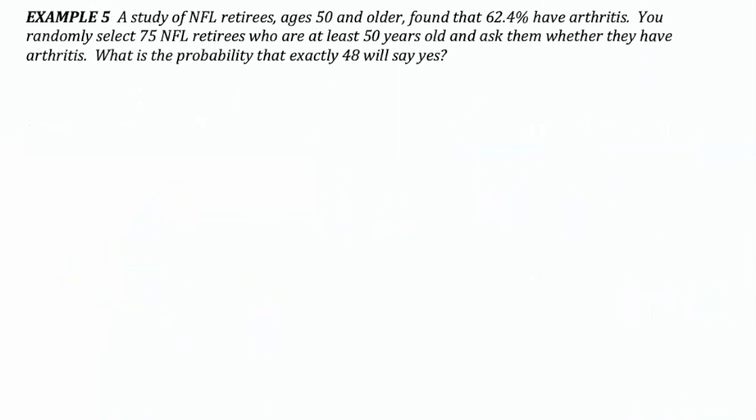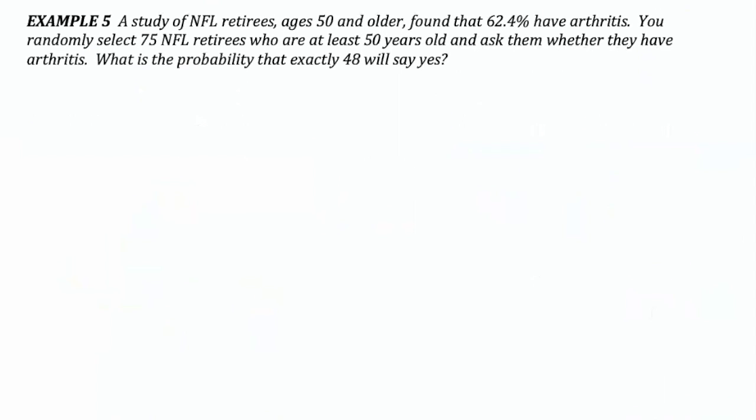All right, now I'm going to go through one more example, but a little bit more quickly here. We have a study of NFL retirees ages 50 and older, and it found that 62.4% have arthritis. We're going to randomly select 75 retirees who are at least 50 and ask whether they do. What's the probability that exactly 48 will say yes? Again, this is a yes-no situation, so this is a binomial probability with n being 75. Probability that they report yes is